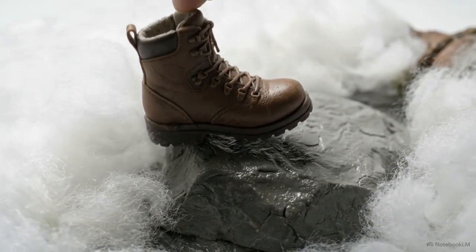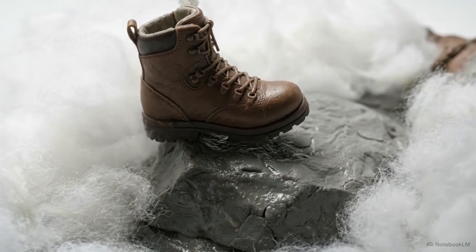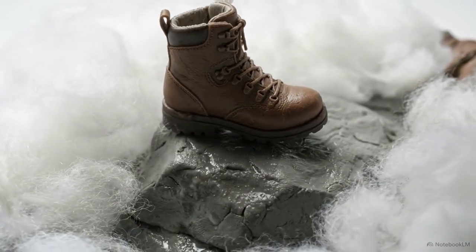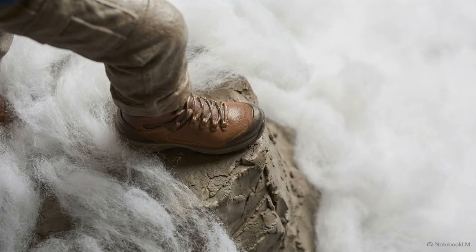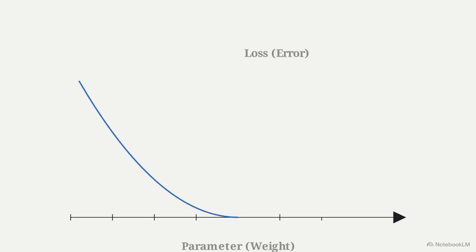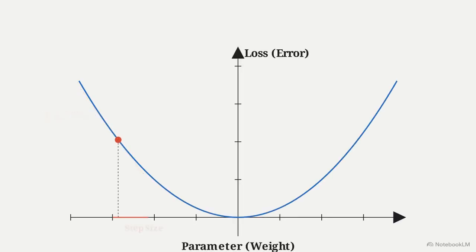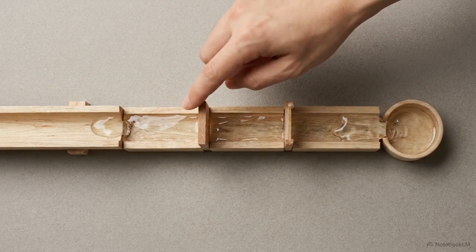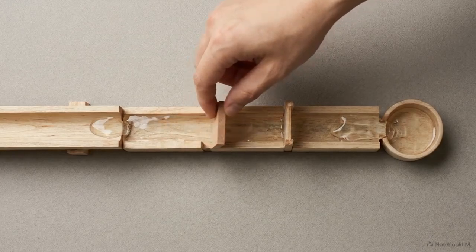Because the model cannot see the whole landscape at once, it moves like a hiker in thick fog. It calculates the slope under its current step and moves cautiously toward lower ground. Optimization moves through this landscape by repeating a simple cycle: calculate the local slope, take a measured step, and reassess the result. In a multi-stage process, an action at the beginning of the chain has a direct downstream consequence for